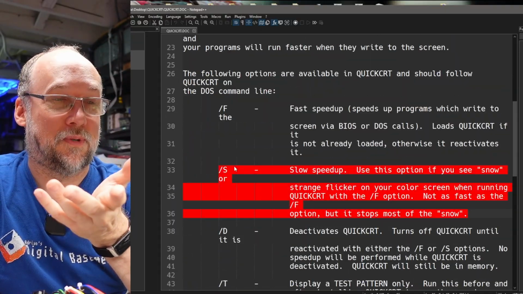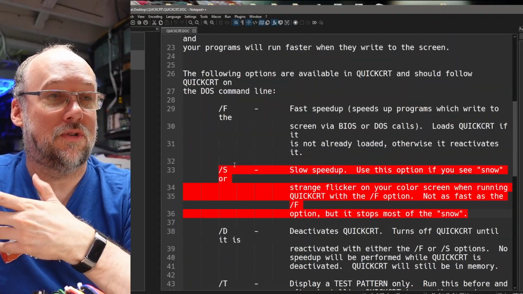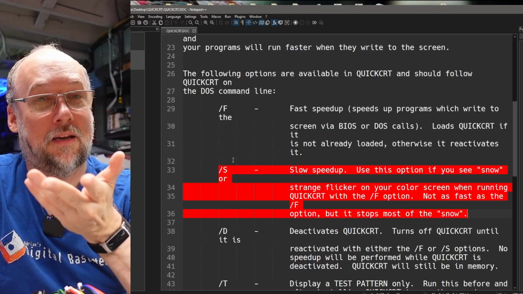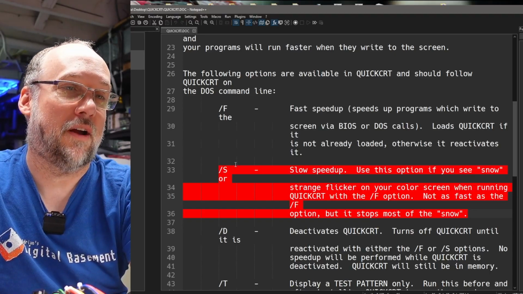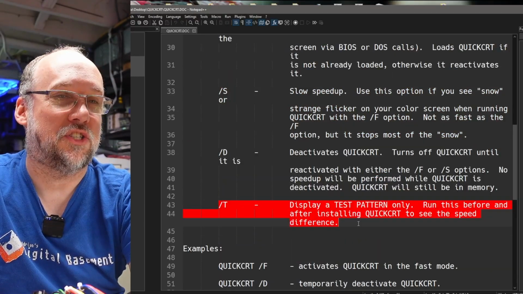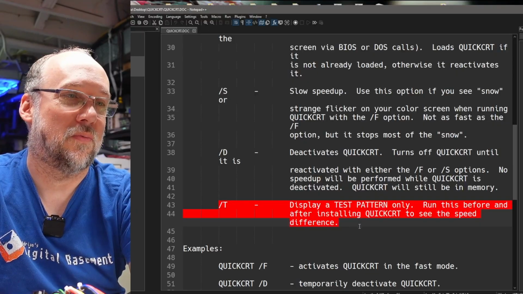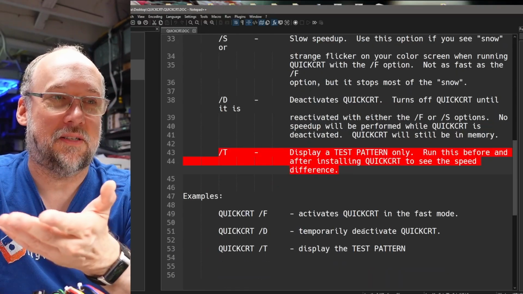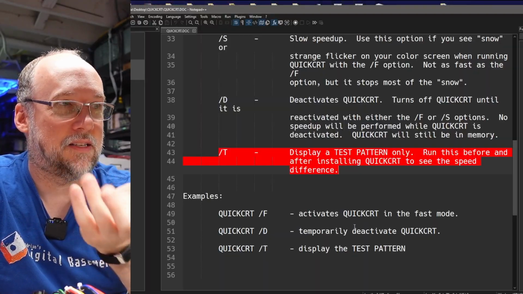So /S option must have more optimized screen printing routines, but still does some amount of waiting for the horizontal or vertical refresh. And actually, look at this. You have a /T option that allows you to do a test pattern. So maybe we'll be able to get some benchmarks to actually see if Xansi has the same speed up routines